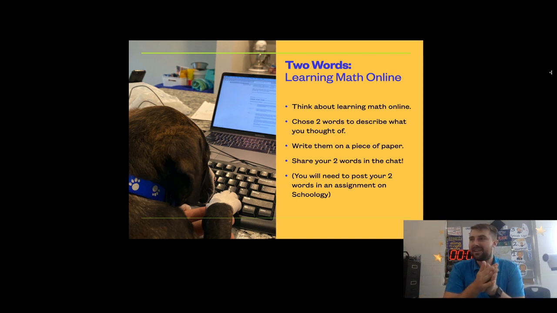Awesome. So you got your 2 words written down. I look forward to hearing what they are. My 2 words that I chose were lonely and empowering. I chose lonely because I do not like being here at school alone. I would much rather be here with you all. I'm not a fan. I even had to put paper cutouts of other teachers in the building on the chairs in our classroom, just so I wouldn't feel so alone.